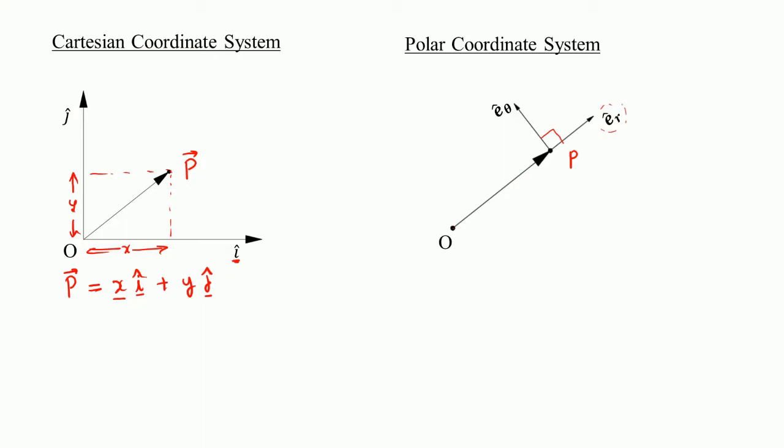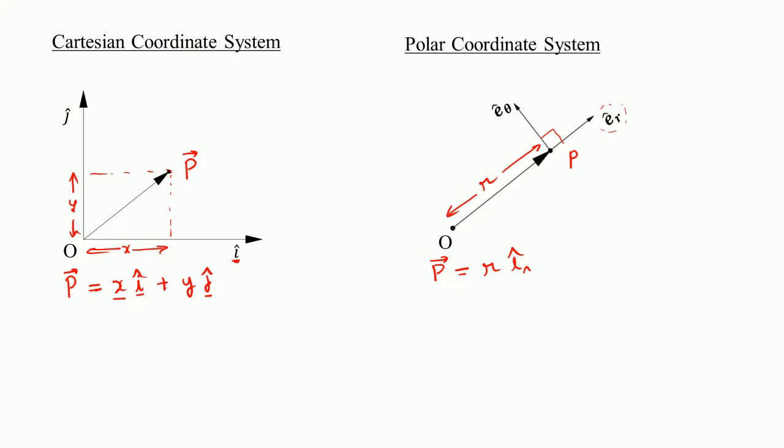Now how do we specify a point here? A point P is given in the direction er. What is the distance we are going? The distance is specified as the radius r. So my P actually will be r into er. That is the way we say in polar coordinate system. Now this is about position. Now let us see about velocity.